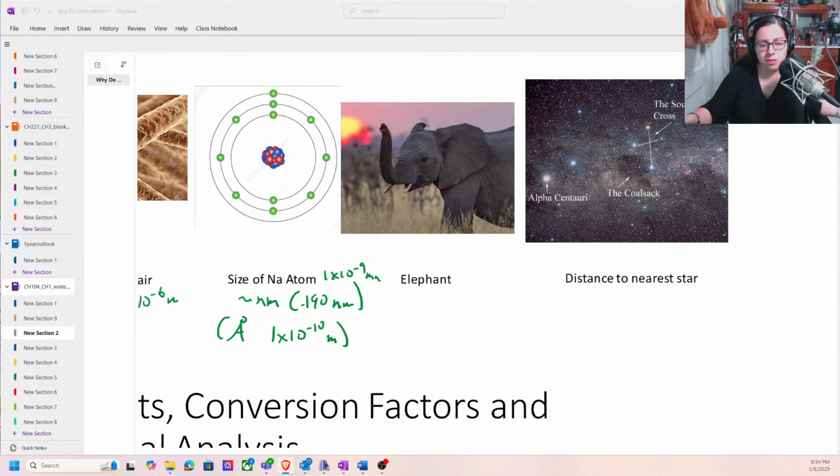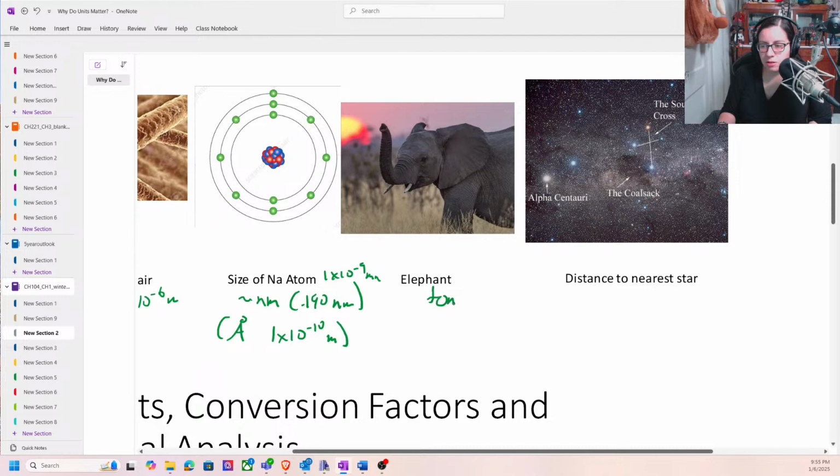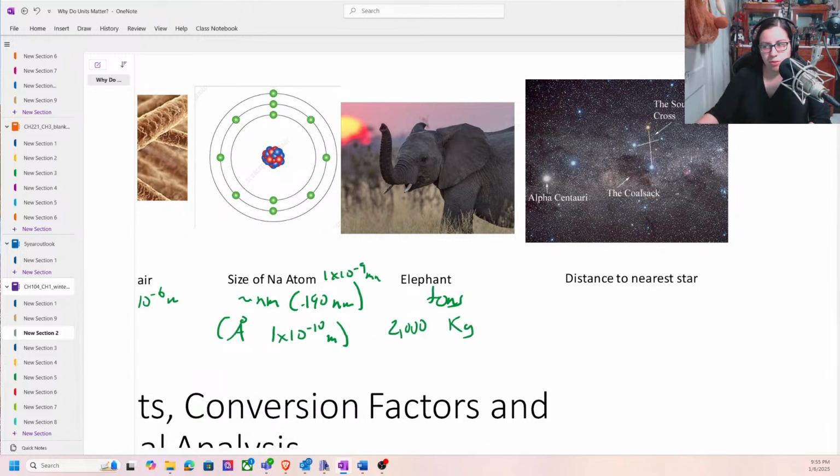Is an elephant. And so elephants can be on the order of tons, of course, or many thousands of kilograms. Now thinking bigger units. And then,